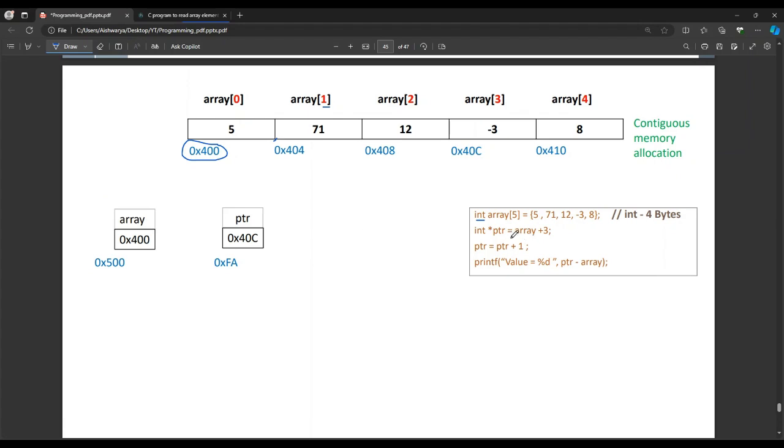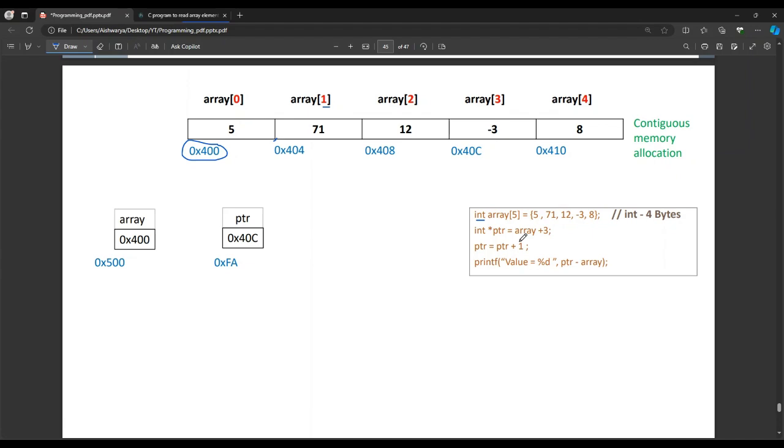And what is ptr? ptr is array plus 3. So this is array. Array of 0 means it is the base address, the first element, plus 3 means it comes to here, which is 0x403. 0 plus 1 plus 2 plus 3. So 0 plus 3 is 3. So ptr is a pointer which is holding the address of array of 3, which they have written as array plus 3.